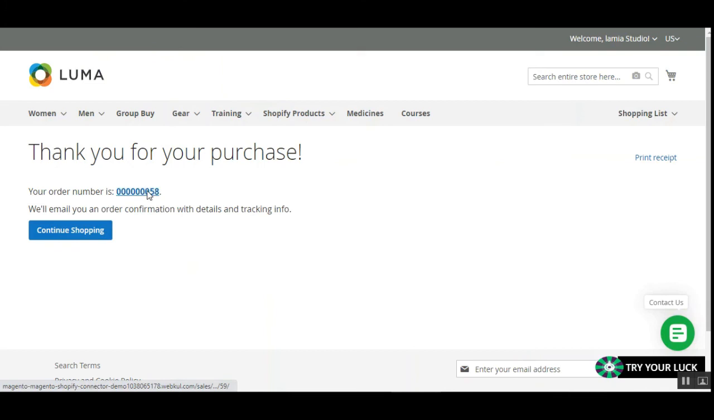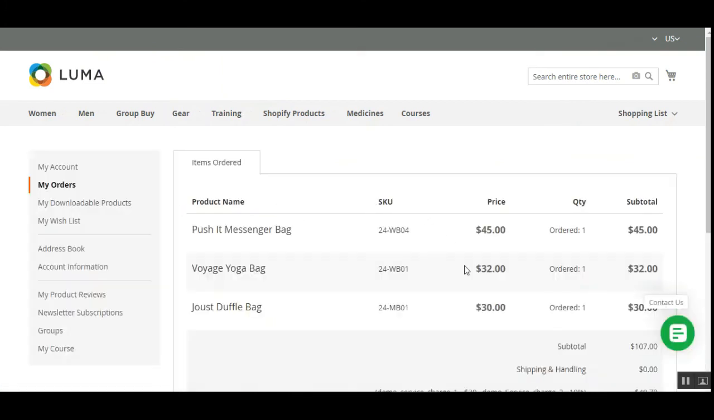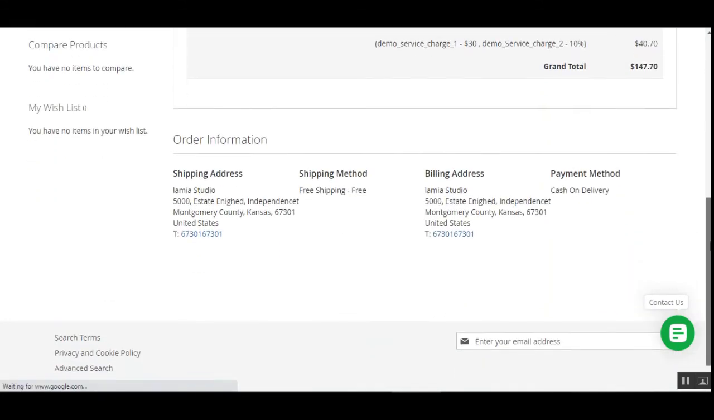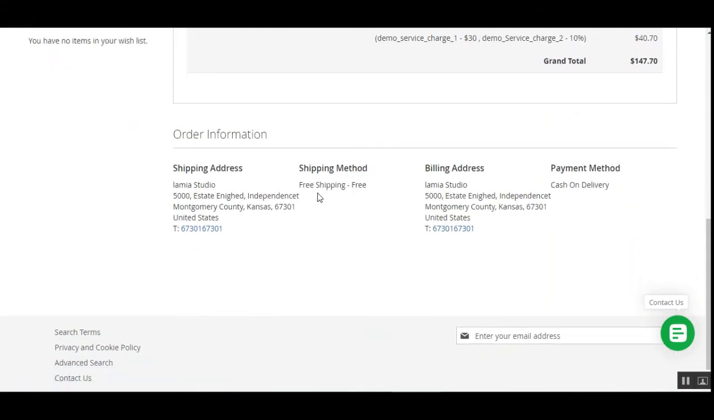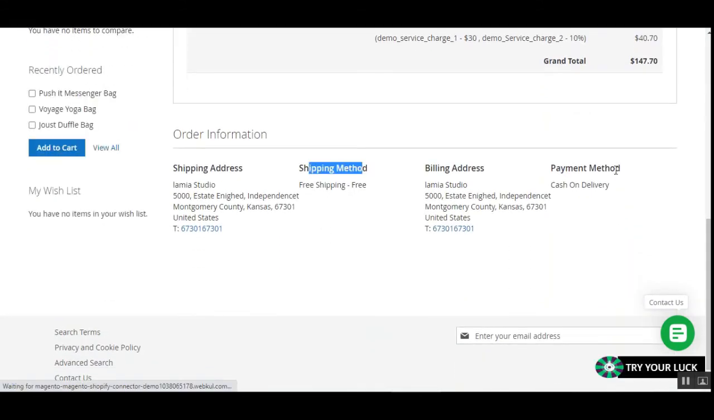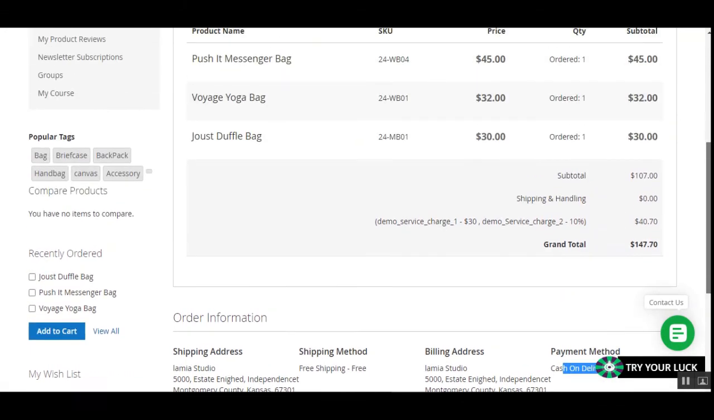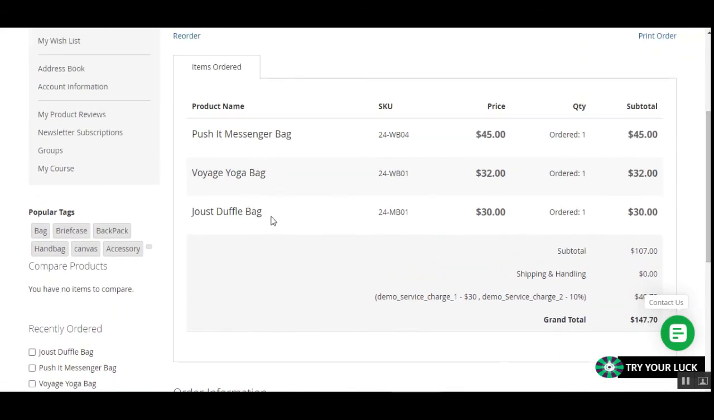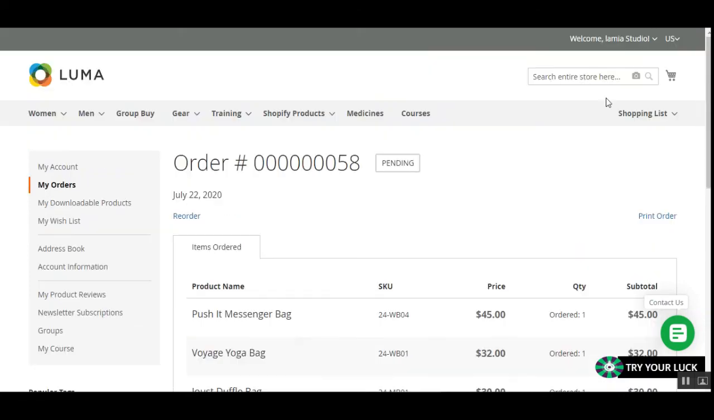And here you can see that the order has been placed, and the customer can also check the details of his order, like the shipping method that he had chosen, that was the free shipping method, and the payment method, that was cash on delivery, for the three products for which he had just placed the order within your Magento